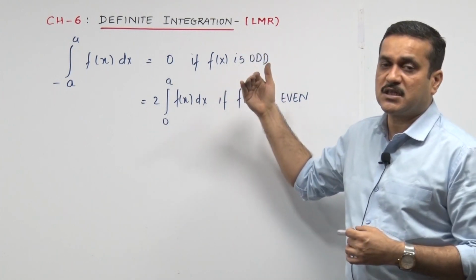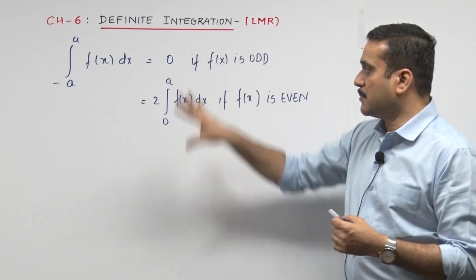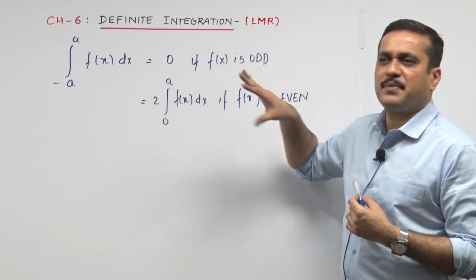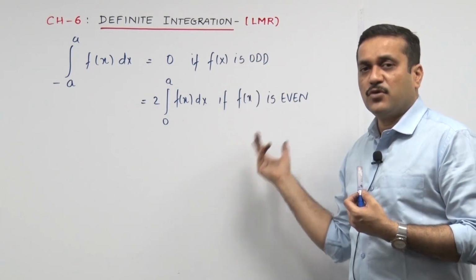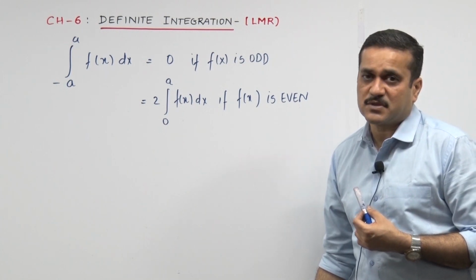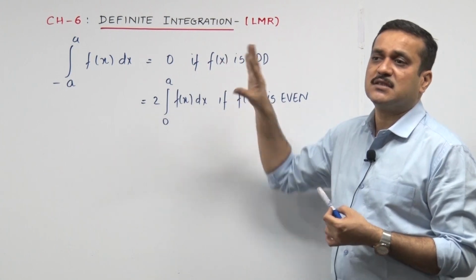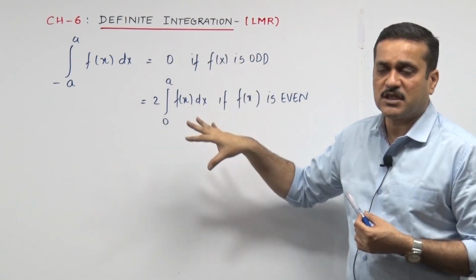Before this there is a version which, I think, is not even mentioned in the state board textbook. They come down to that. But the student at this point just prays to God: "Please, let the function be odd." Not even, and that's most of the time the case in your sums. The functions they happen to give in minus a to a turn out to be odd functions. So without solving, you just need to say the answer is 0.